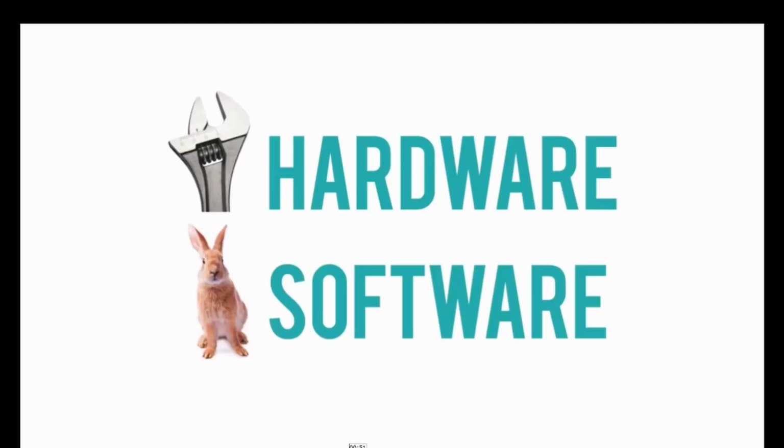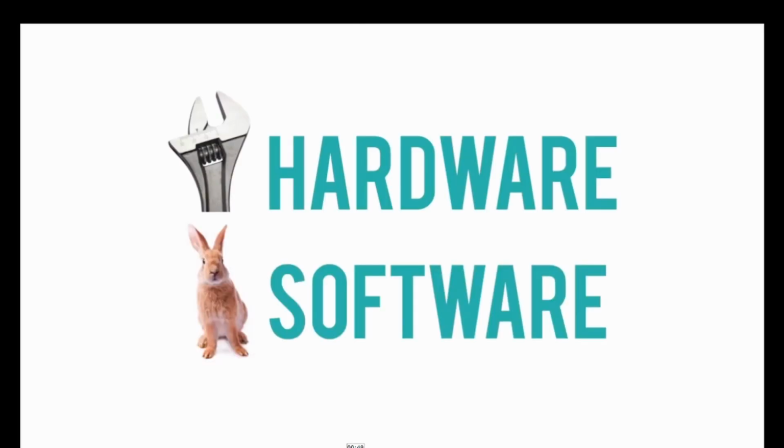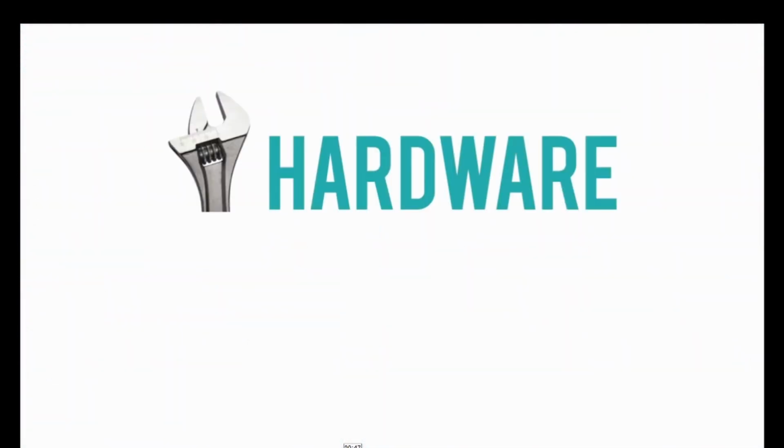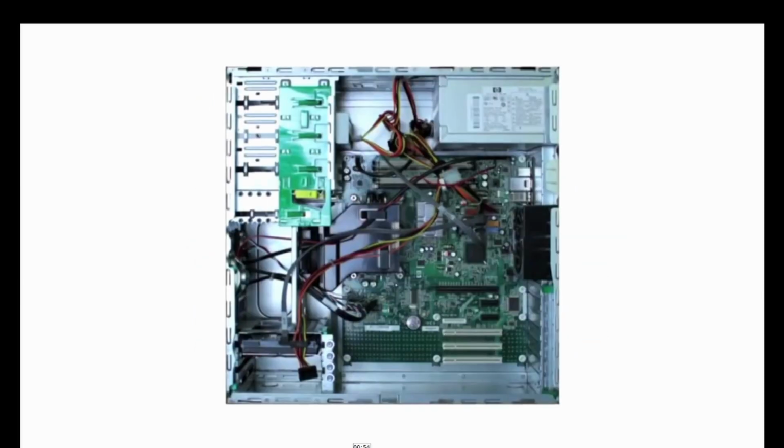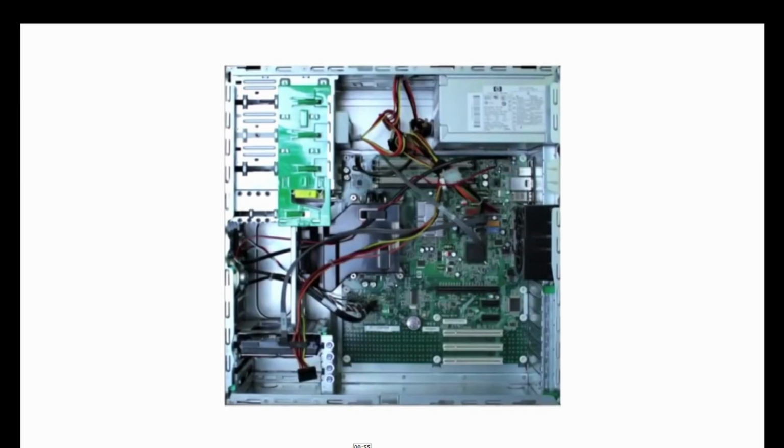Now, the video said computers use a combination of hardware and software. Computers use a combination of what? Hardware and software. Have you ever heard of hardware before? What is hardware? Hardware refers to the physical component of the computer. Hardware refers to what? The physical component of the computer,